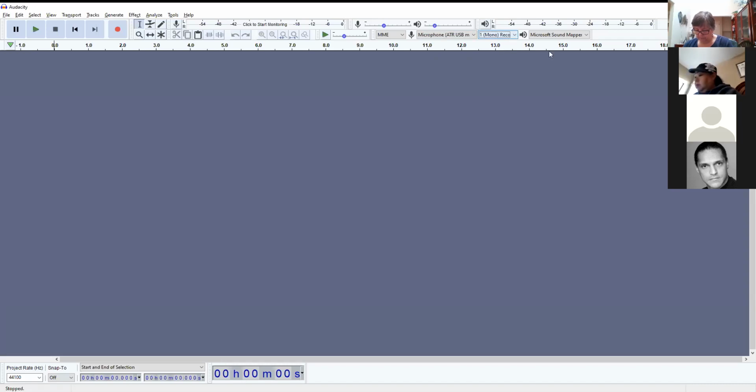Mono track is what you need. Right next to it, you'll see this speaker icon. And well, what does that represent? I'm not sure. So let's hover over it. That's the playback device. So this is where you're telling Audacity, I want you to play the sound back through